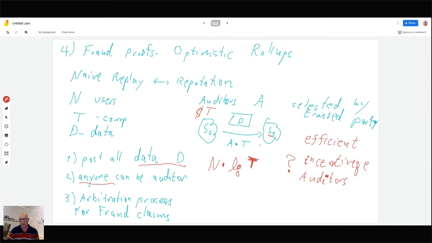Now, why won't it happen? You have A auditors. So sorry, this is $1 trillion. Okay, so you have $1 trillion. Now, if the set of auditors is very small, maybe they can be bribed to play along and just shut their eyes, or maybe they can collude together and violate this thing. So you have to incentivize them and pay them. You have to pay the public sufficiently enough so that the set of auditors on an ongoing basis is very large and even has an incentive.